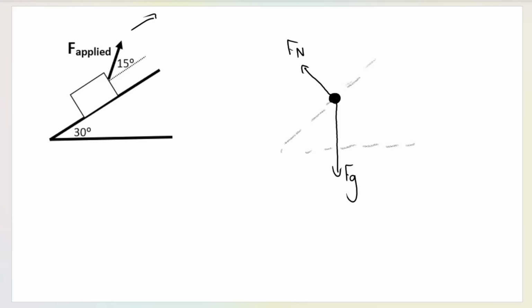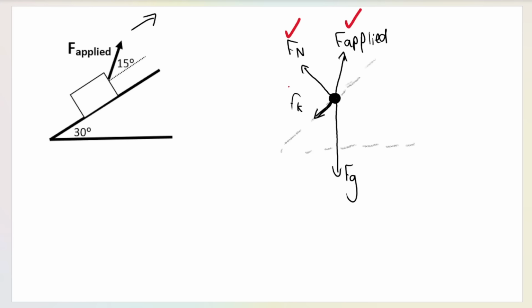Friction, let's assume the box is moving up the slope like that. Friction is moving down the slope like that. So Fk. And now, F applied is not going parallel to the slope. That would be wrong. F applied is going at an angle relative to the slope. So now that I've drawn the slope in, I know that F applied must go at an angle relative to the slope. Here is your 15-degree angle. It's relative to the surface, to the slope. So obviously we don't put the angle in there. We're just going to call this F applied. And again, this is the free body diagram that you draw for me for marks. You get a